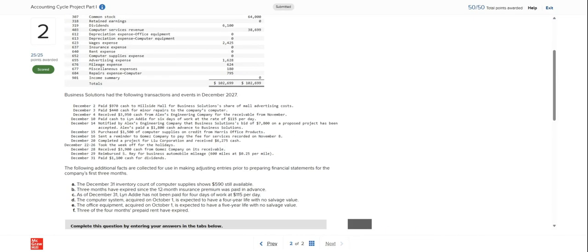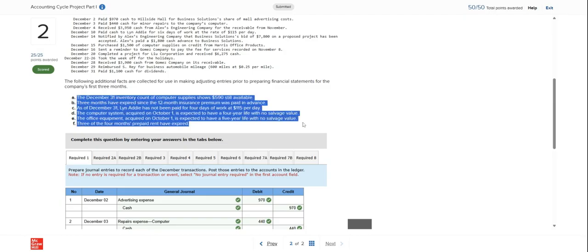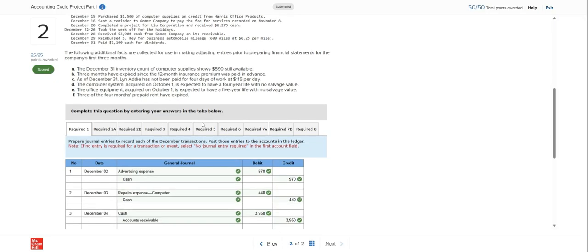So this was kind of the same thing here. There was a list of things that had happened. These are more so for adjustments. So this is the end of the month. We're closing out, adjusting the accounts for things that have happened. So, December 31st, we,